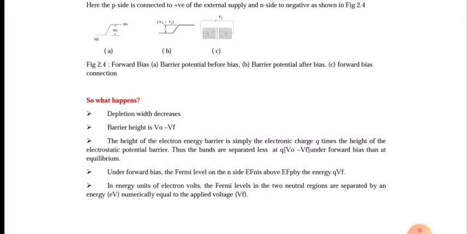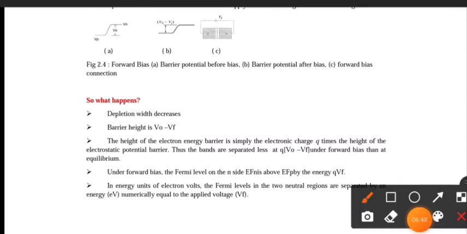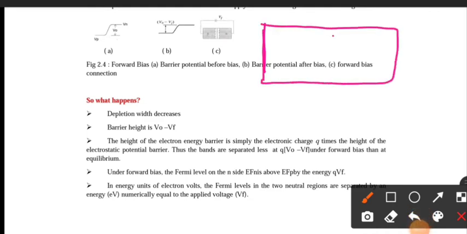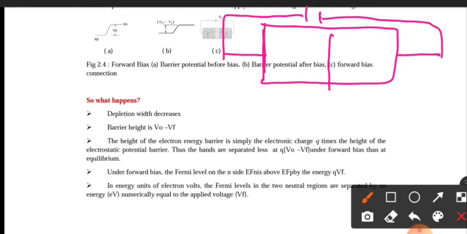So if I am drawing it, this is our PN junction. It is now under forward bias condition, positive at the P side and negative at the N side. This is P and this is N. So the electrons in the N side will acquire the energy from the external circuit, and what will happen? They will cross this barrier and rejoin with the holes in the P side.